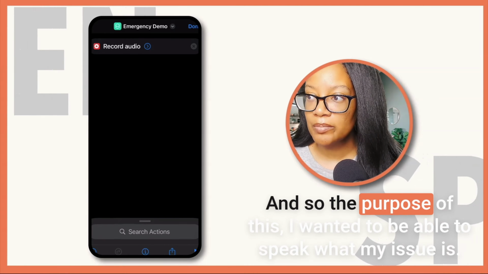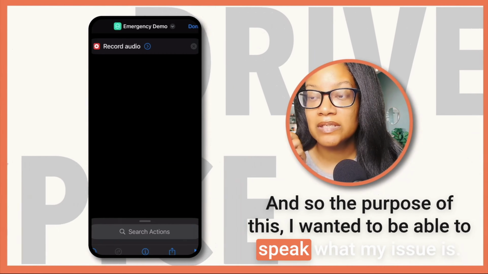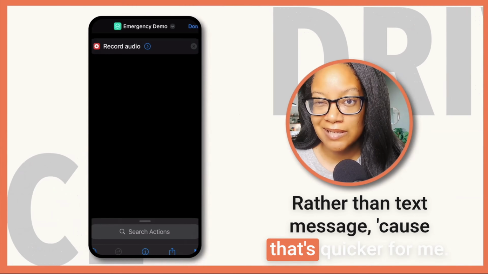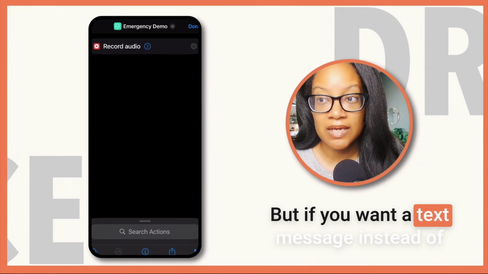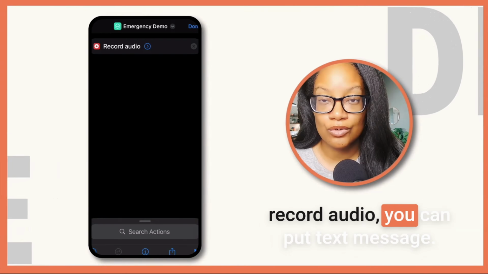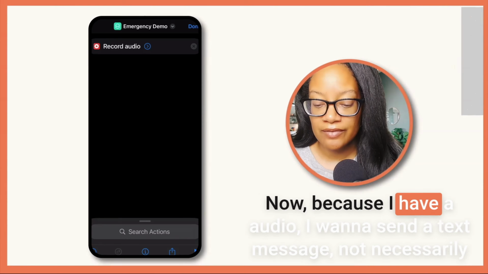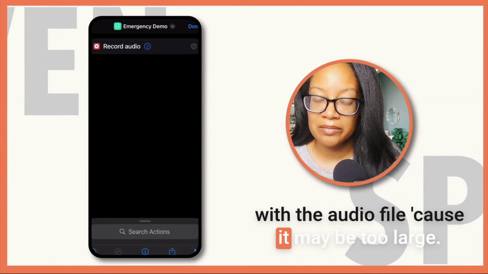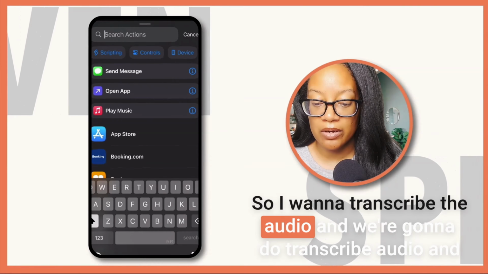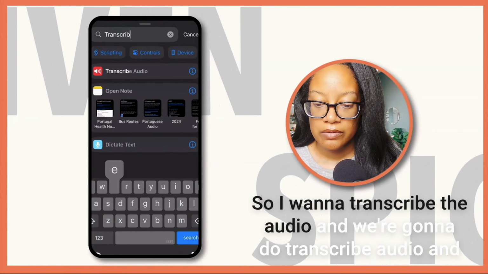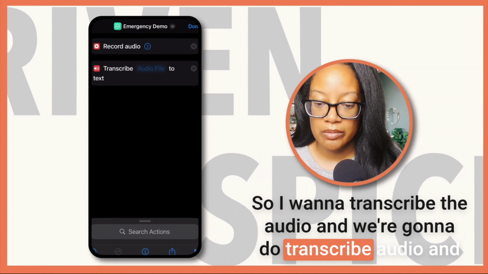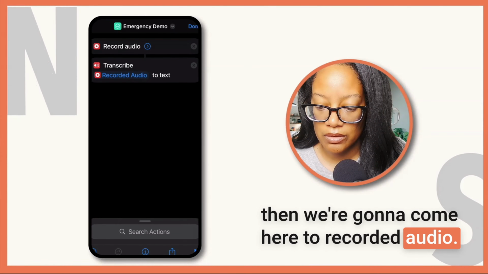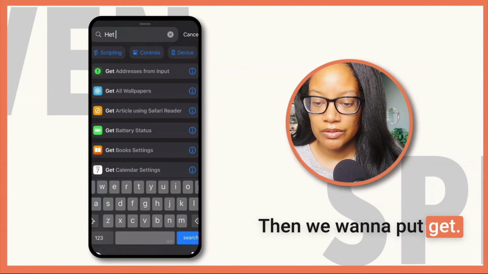The purpose of this is that I wanted to be able to speak what my issue is rather than text message, because that's quicker for me. But if you want a text message instead of record audio, you can put text message. Now, because I have an audio, I want to send a text message, not necessarily with the audio file, because it may be too large. So I want to transcribe the audio. And we're going to do transcribe audio. And then we're going to come here to recorded audio. Then we want to put get